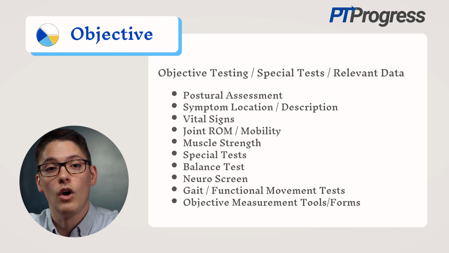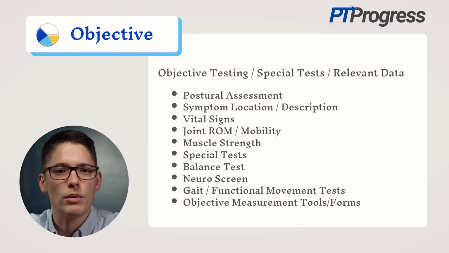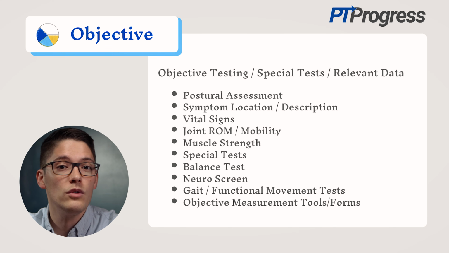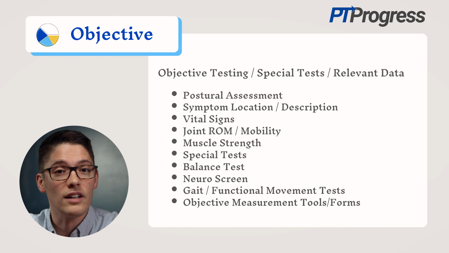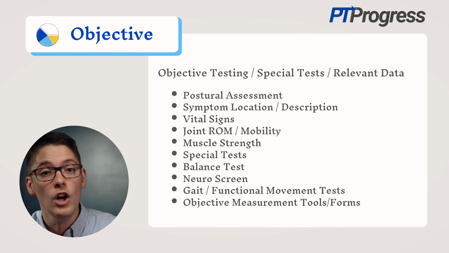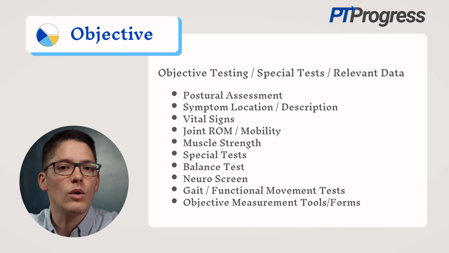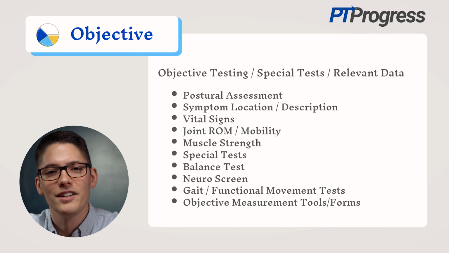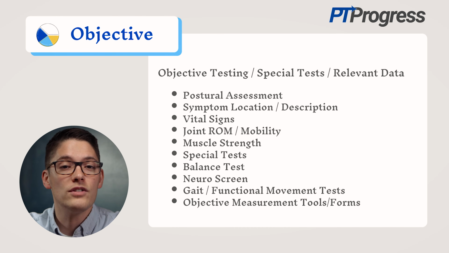Make sure that you write down all your findings because as the patient progresses and works towards their goals, you can use this objective information as a baseline to show how the patient is progressing with physical therapy. And even if you were unable to complete every necessary test during your initial evaluation, you can still document other